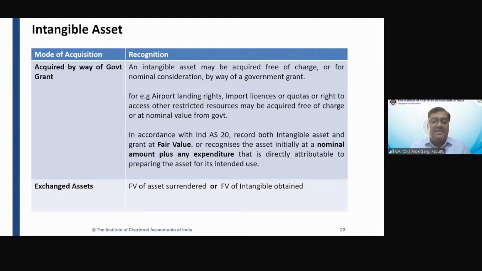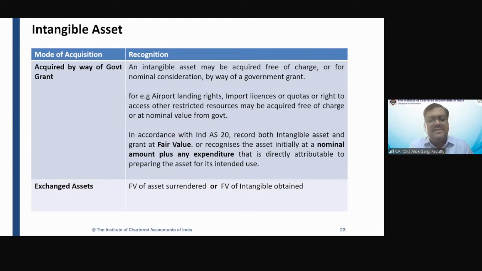So how will they visit? They use helicopters, but the helicopter needs a space to land. So the government is saying, okay, no problem. We are giving you the airport and we are giving you the space for the landing of your helicopters.